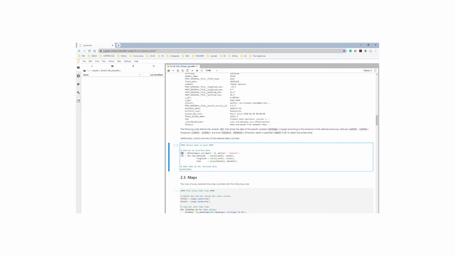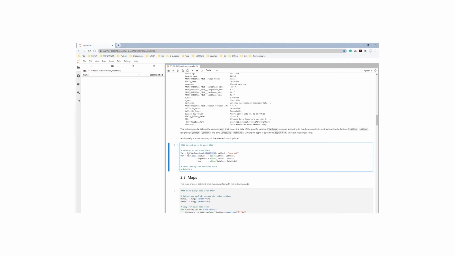So the variable var points to the variable var name in the dataset, and we use the function sel to select specific values of each dimension. For example, we select a specific value of the depth, since we want to plot the surface chlorophyll. We are selecting the depth equals to 0,